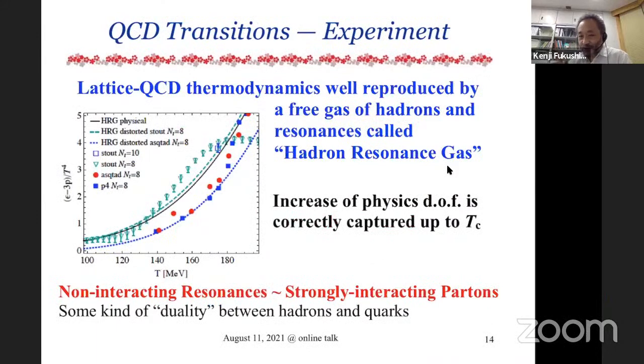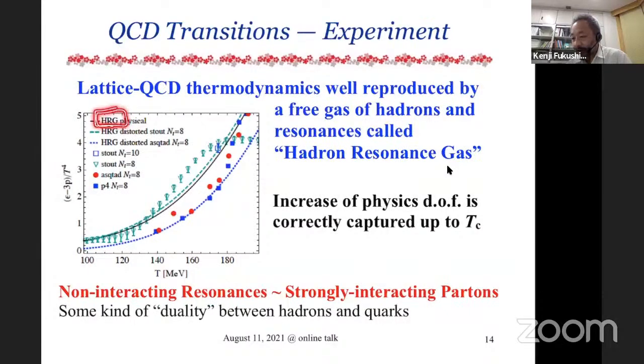But what is more non-trivial and more interesting is that this Hagedorn type description is, in fact, very nice to capture the fundamental properties of QCD thermodynamics. In fact, if you make a comparison between the lattice QCD computed thermodynamic quantities, like the internal energy and pressure, this is actually a special combination of the energy and pressure, which is called the interaction strength. But anyway, if you make such a comparison, then this Hadron resonance gas.